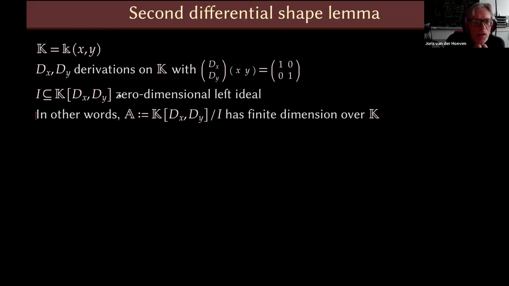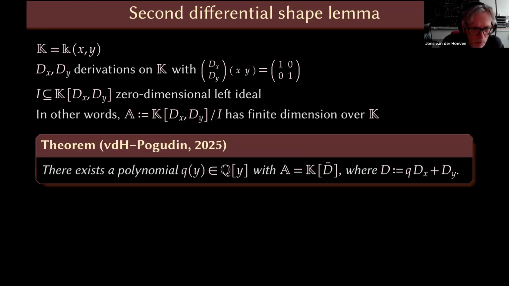Stating that this ideal is zero-dimensional is equivalent to stating that the quotient of the full ring of differential operators by I has finite dimension over k. Okay, and then the second differential shape lemma, the new differential shape lemma, can be stated as follows: